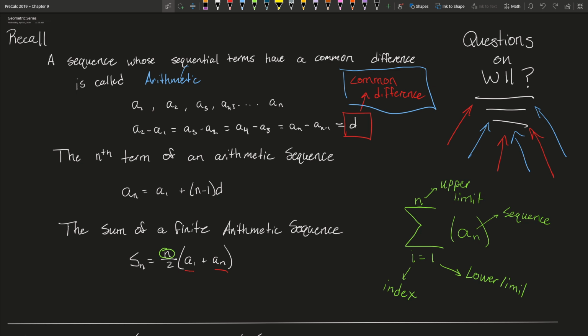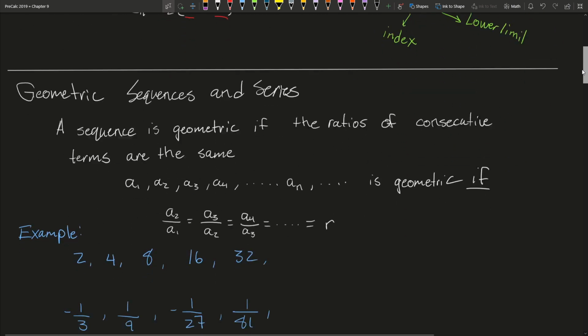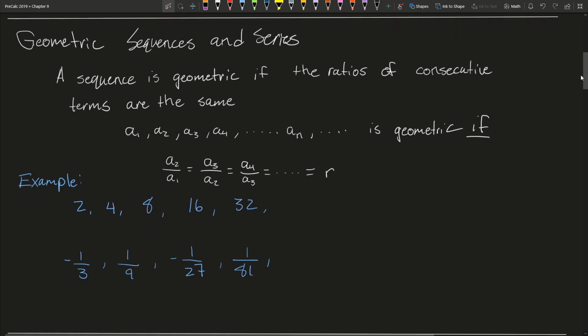So that's arithmetic sequences. Again, it's just adding a certain term over and over again, which is a valuable kind of sequence to have. But we will actually be looking at geometric sequences just a little bit more when it comes to probability. So a geometric sequence, instead of adding a term over and over again, we're going to be multiplying by a term over and over again. A sequence whose sequential terms have a common ratio